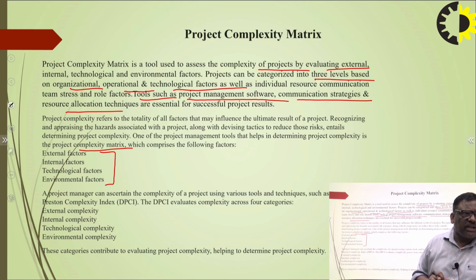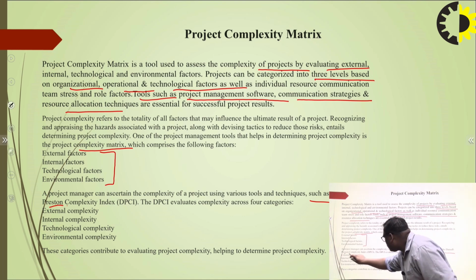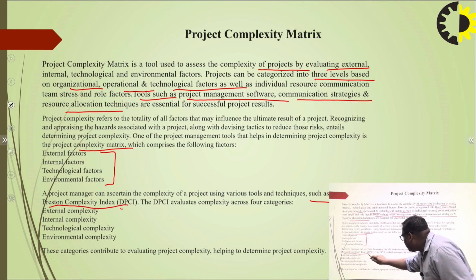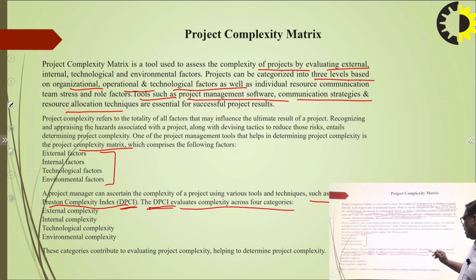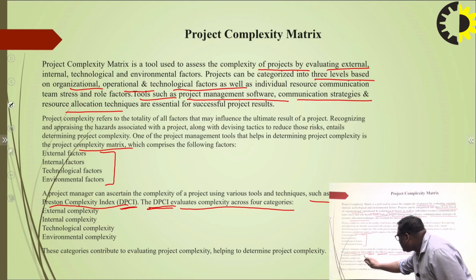So a project manager can analyze or measure the complexity of the project using various tools and techniques, such as the Darnell Person Complexity Index, DPCI, and that DPCI evaluates complexity across 4 categories,